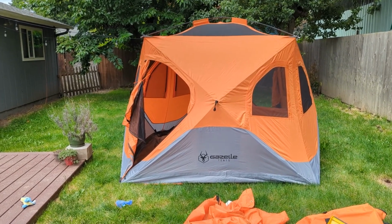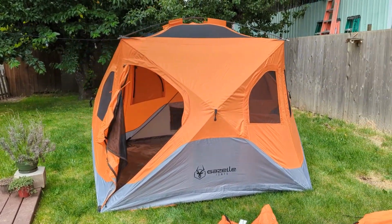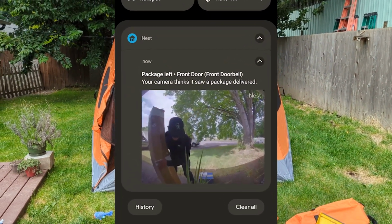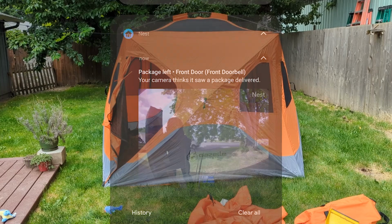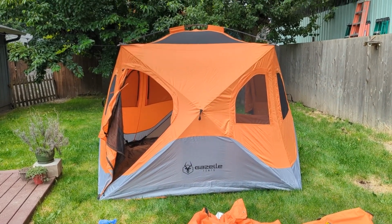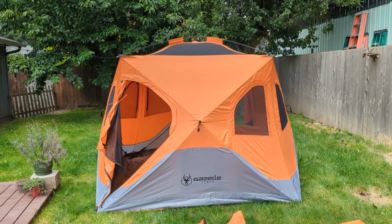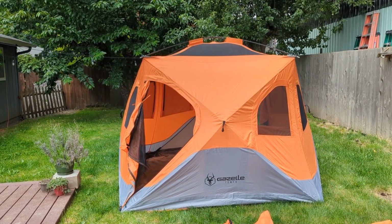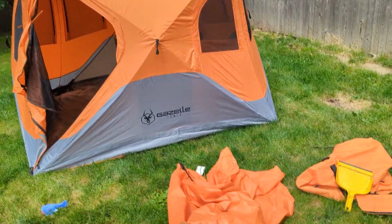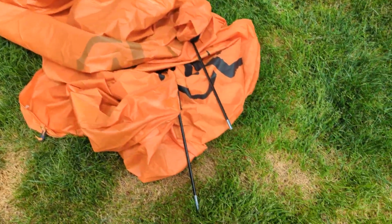So one, I set the tent up yesterday as soon as I got it, and the tent is pretty much perfect. Now this is a used tent, so it was used, returned, I believe, under warranty. We'll get into that. But again, set it up yesterday, and the only two minor problems I found, and I'm going to show them to you, is one on the rainfly, which I did have set up but I've removed,